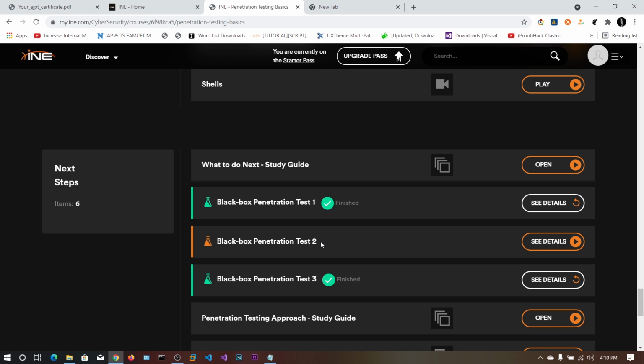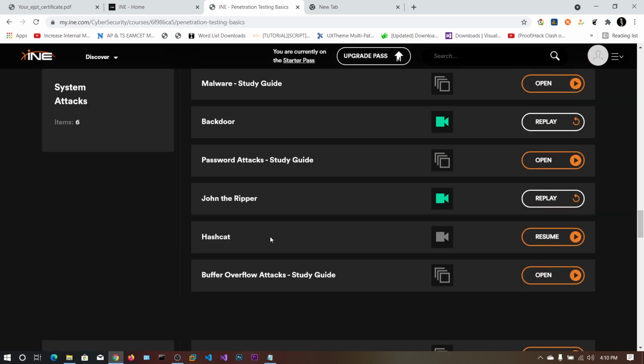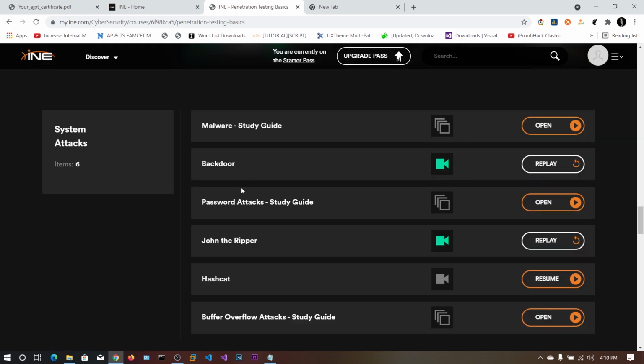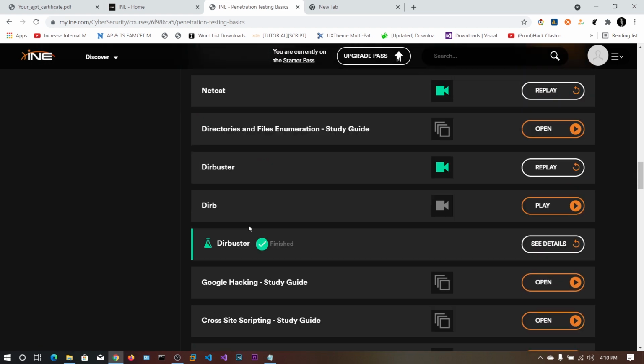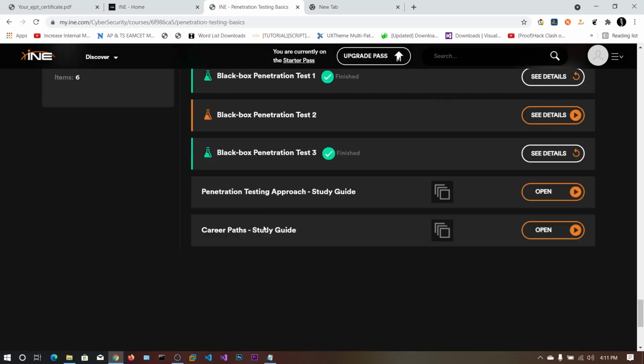No problem in that, but I don't know why I left black box 2. Yesterday I did all the remaining labs just to refresh my memory, but I did not do these black boxes yesterday. Make sure you have done black box 1 and 3. You can also do black box 2. If you have done these 3 black boxes, the exam will be very easy.